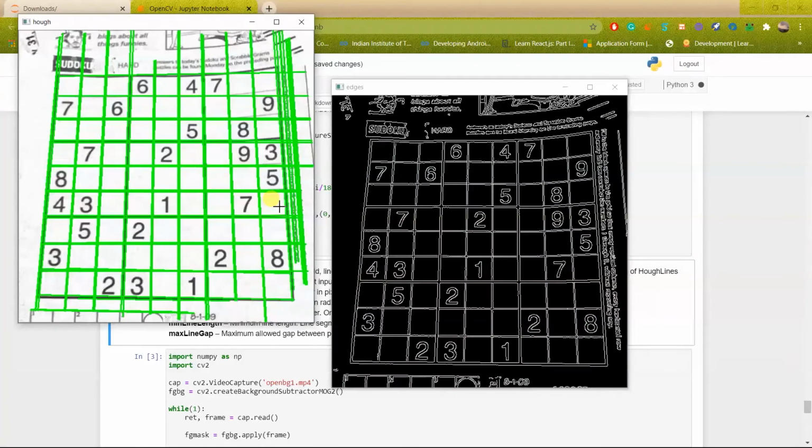I use that, and as you can see, it has detected almost every line. Some of the lines, like those below, are not detected, but you can play with the parameters and get 100% output if you want.